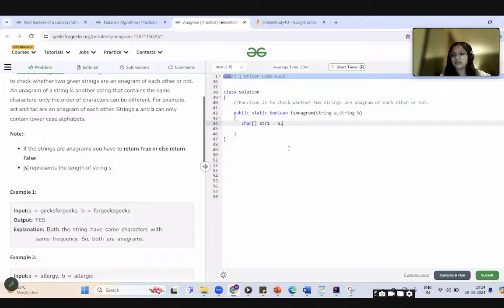So one of the inbuilt methods of string is toCharArray. We can directly convert a string to character array, right? In the same fashion, we will convert string 2 also. This thing is very important in strings concept that we convert it into character array.